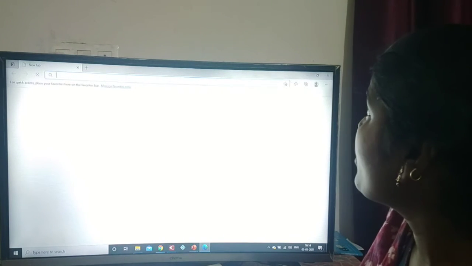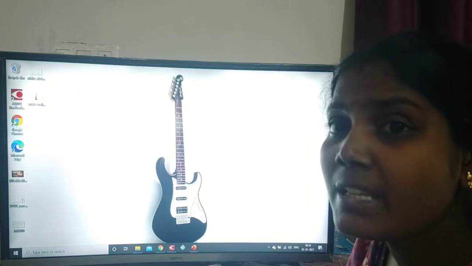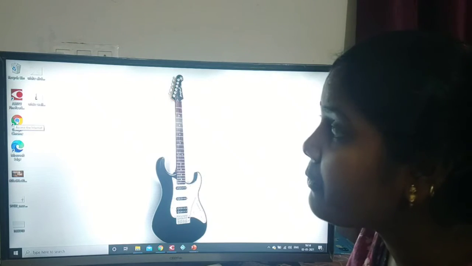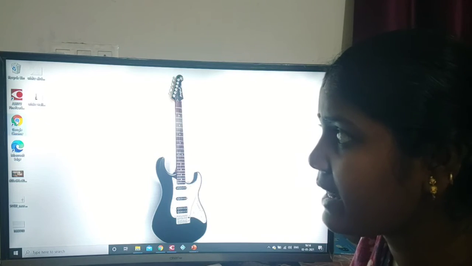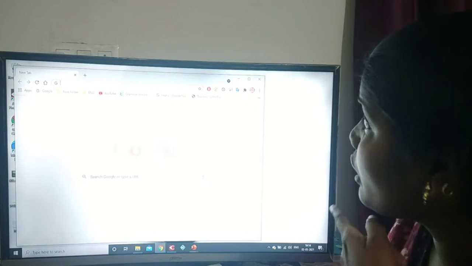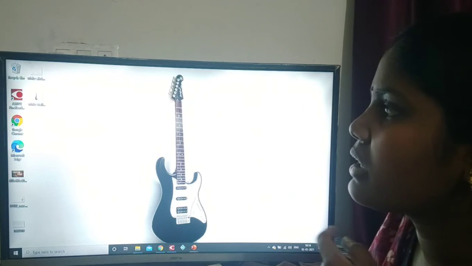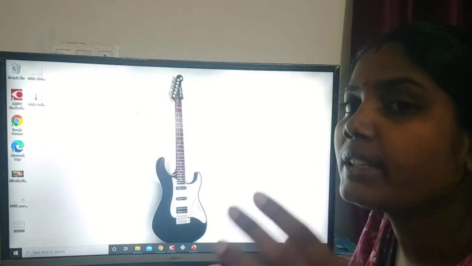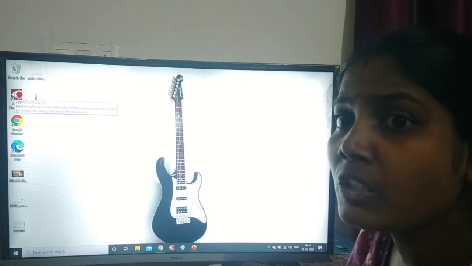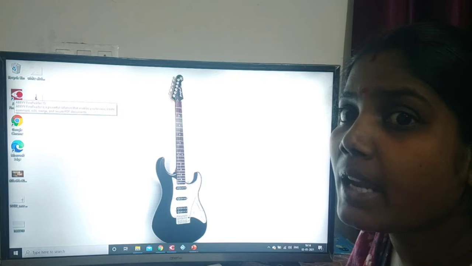So first we have to select the icon. That is one way. Once again I am telling, first we have to select the icon. I selected it, then we have to press the enter key. I press the enter key, and now the application is open. This is one way. Otherwise, if you find that difficult, keep your mouse pointer on the icon and double click on your left side mouse button.